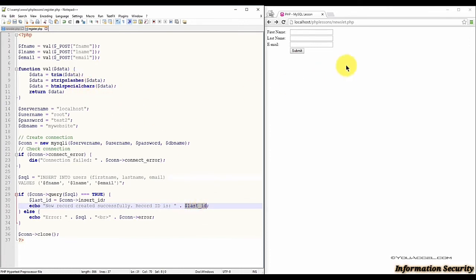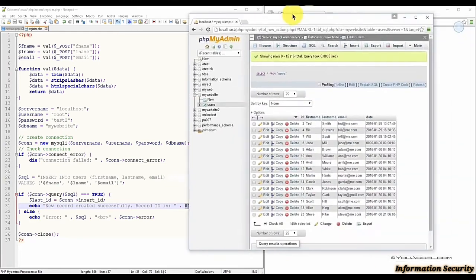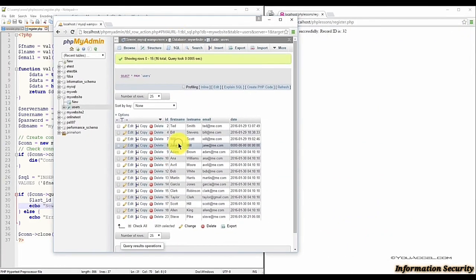I've saved the file, and I'm just going to reload the form, and I'll enter some information. Okay, so we can see the messages popped up, and the record ID is 32, so we can verify that in our database. So I've pulled up the table in PhpMyAdmin,